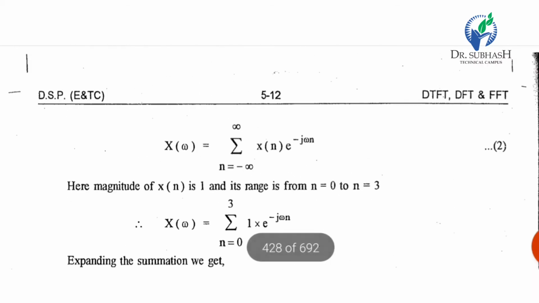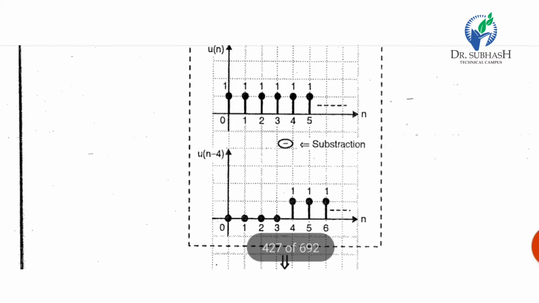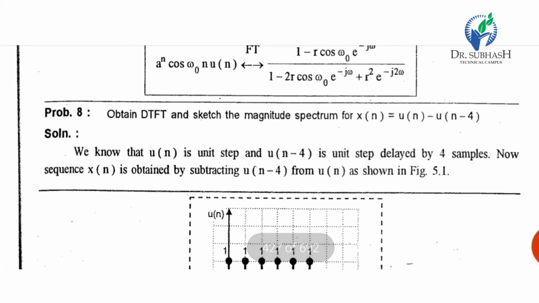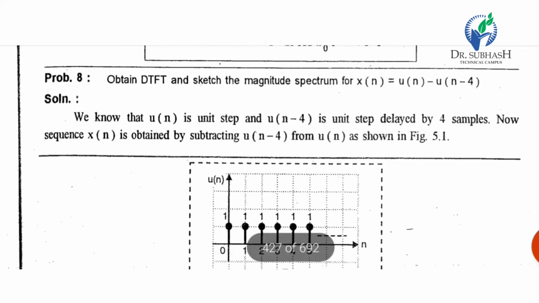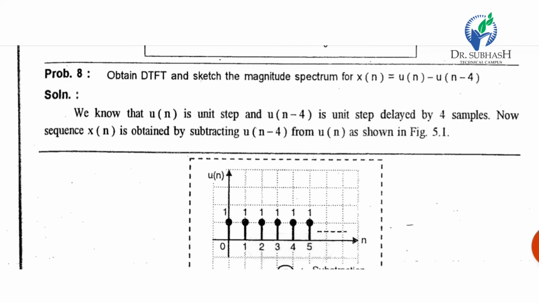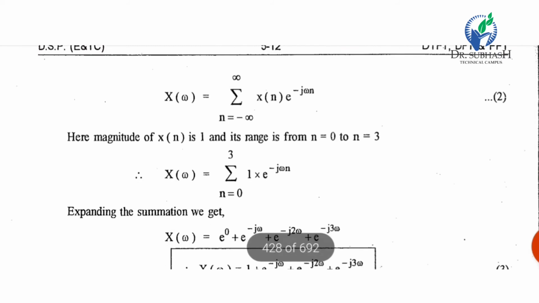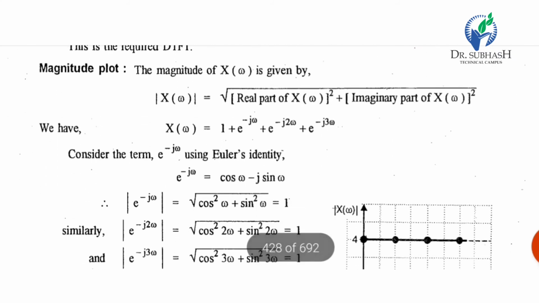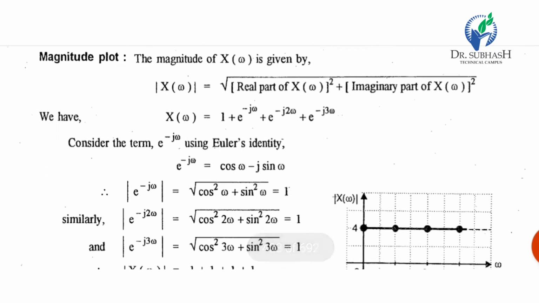But in the question they ask to sketch the magnitude spectrum and obtain the DTFT. So we have done up to obtaining the DTFT. Now it's time to sketch the magnitude spectrum. So the magnitude plot of X(ω) is given by